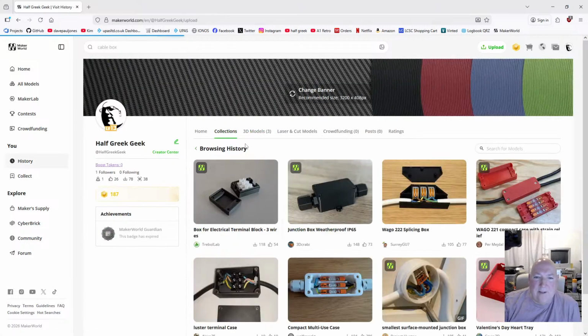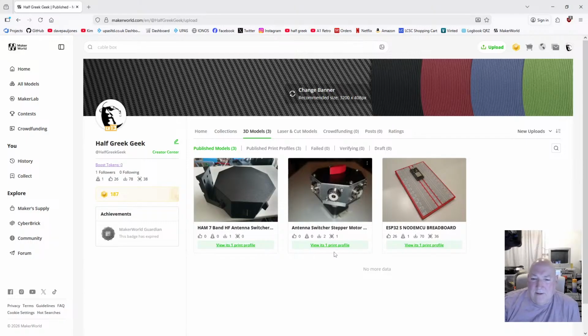3D models. We've got three 3D models here. So we've got the antenna switcher stepper motor add-on, but that's the wrong PCB. It's the mount for the stepper motor. Then you've got the weatherproof case, that's something else I made. So this is out of date anyway. That's still good, but this is out of date. So I've taken the other one off, the main one with all the bits. So when I finish this last little bit of the shaft, I'll upload it all back again.